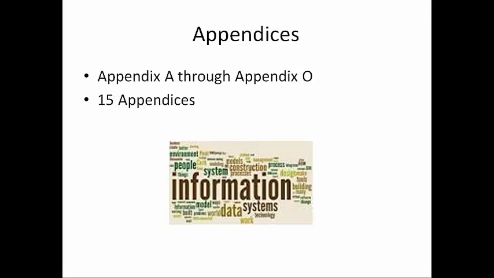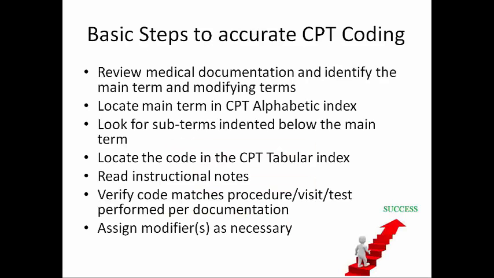So there are 15 appendices, and of course they're in the back of the CPT manual, and they are Appendix A through Appendix O. So the basic steps to accurate CPT coding. Of course, we want to review the medical documentation. We want to identify that main term and any modifying terms. If any of the documentation is unclear, we will want to get with the physician to verify any service, procedure,